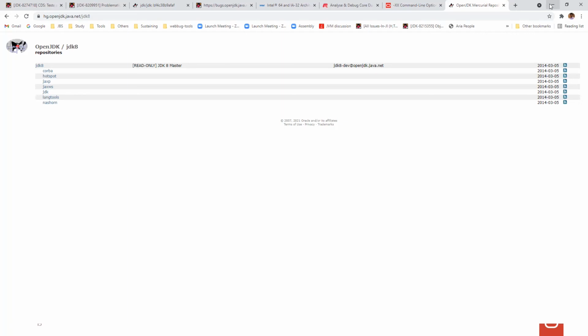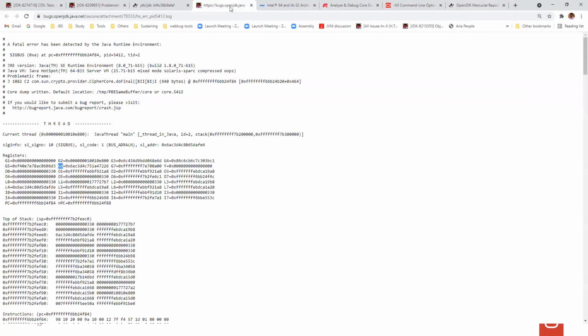Basically, whenever a crash happens, we get two files. The core file is secondary for us, but the important thing is that we get the hs_err file. You might have already seen this. The question also came up in between about what the hs_err file contains. Basically, it contains a snapshot of the crash. For example, I'm showing one hs_err file in front of the screen.